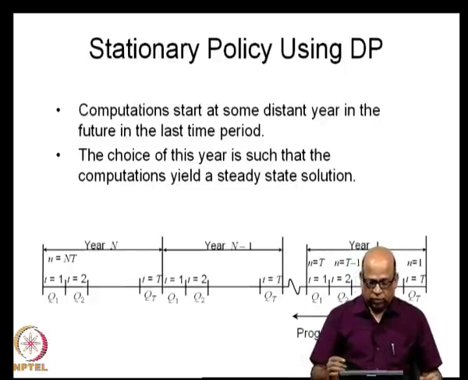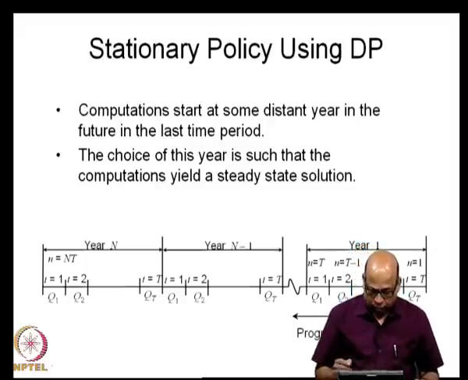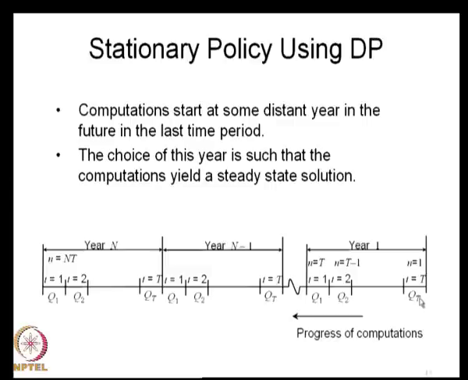What we do in deriving the stationary policy is that we start from some time in future and proceed backwards, in the backward direction. Now, please revise what we did in the dynamic programming earlier. So, the last time period in a year is capital T. We start in the backward direction and these are the stages. So, small n defines the stage in the dynamic programming. The Q1, Q2 etc. are the flows, inflows.